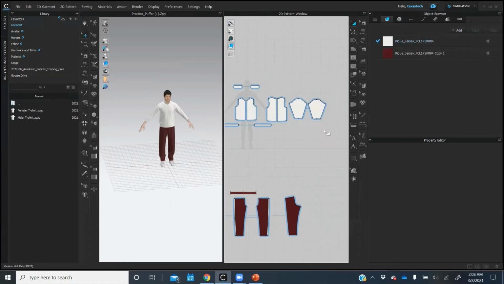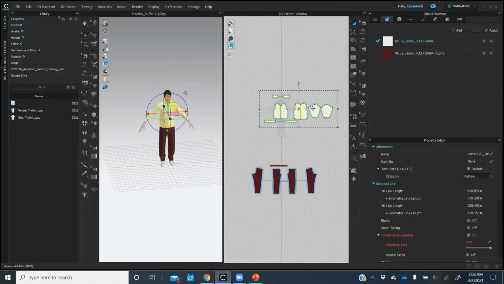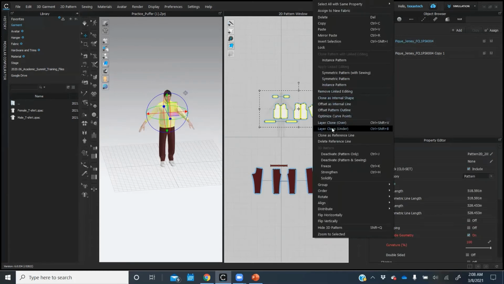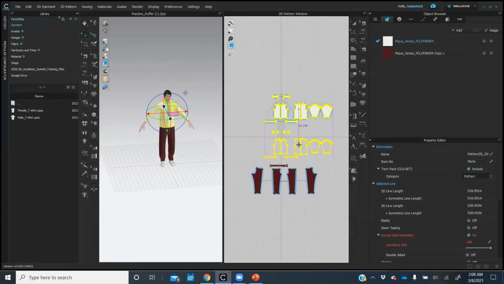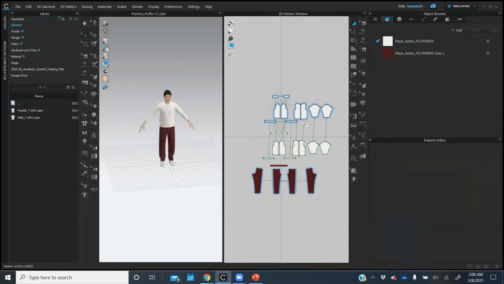So I'm going to delete this part. And then as you have all the pattern pieces sewed, what you can do, you just select all the puffer jackets and use the layer clone options and put it in the bottom side, and then just select all the